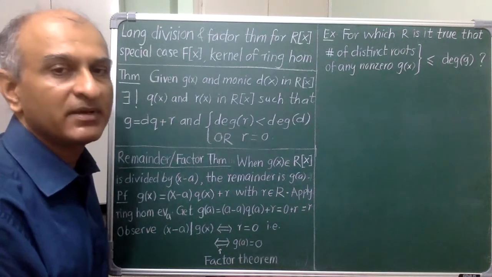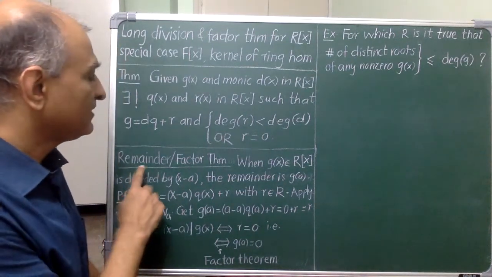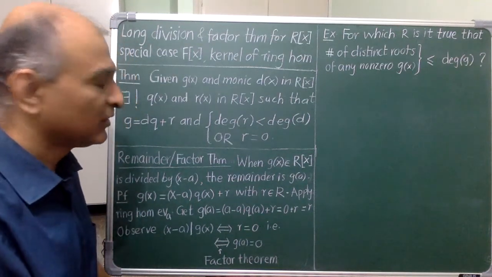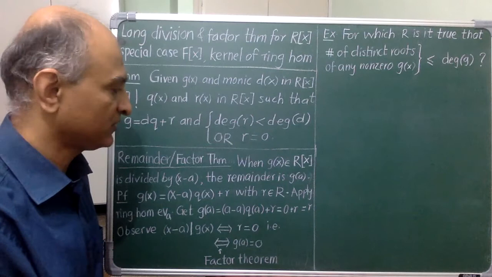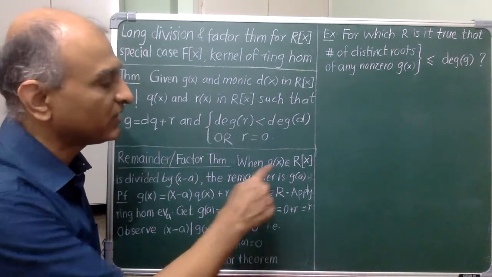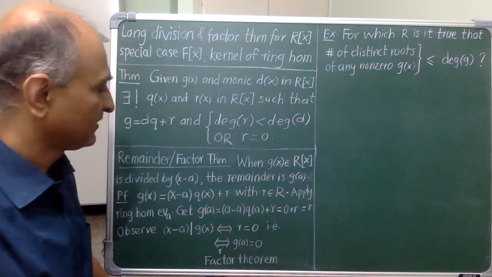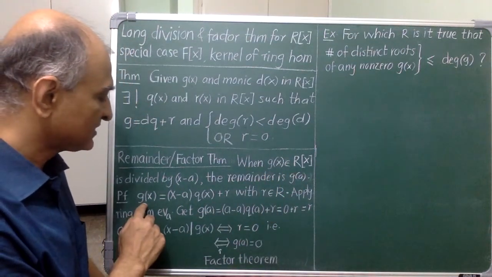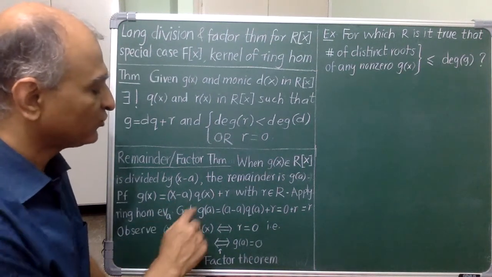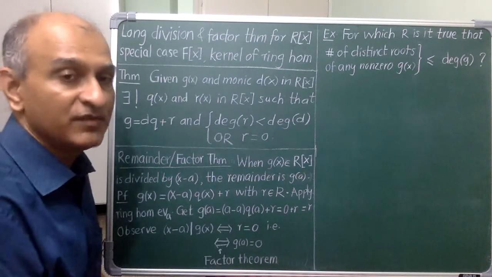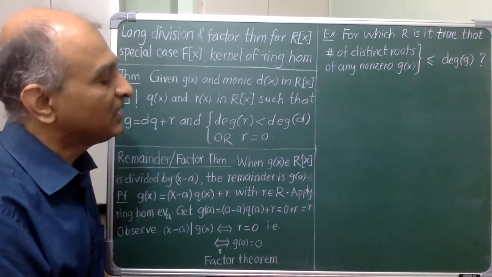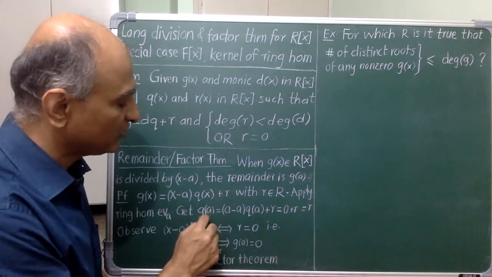After all this work, I am ready to simply pick up the remainder and factor theorems. The argument nicely combines long division together with substitution. So the statement is familiar, but now we are saying that it is true over an arbitrary commutative ring R. I am given a polynomial g of x and I am dividing it by the linear polynomial x minus a to get quotient q and remainder r, which must be a constant because this is a linear polynomial. The statement is that this constant is equal to g of a.